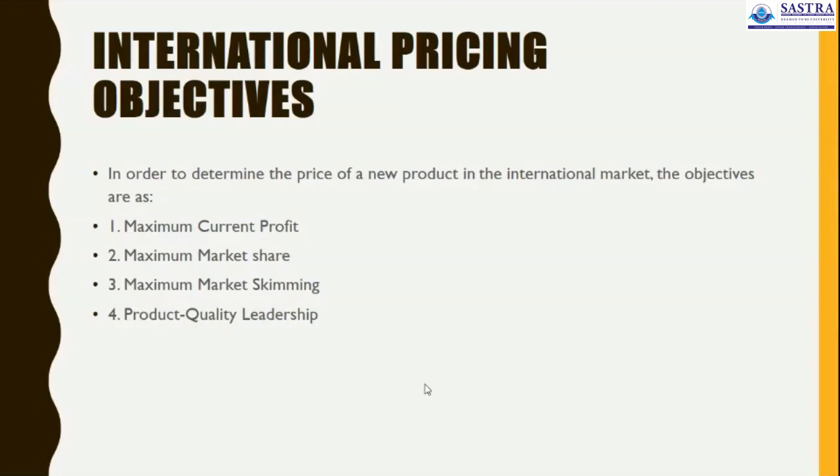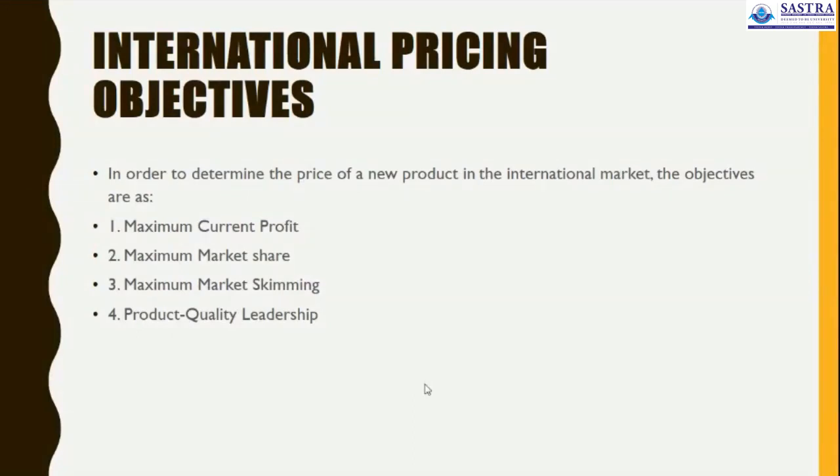We need to understand that, to increase the profitability of the firm, the organization primarily concentrates on the price. The price includes everything: the profitability, the expenses towards manufacturing the product, and the promotional expenses for the product. Everything is included in the price of the product. So maximizing profitability depends on the pricing strategy.